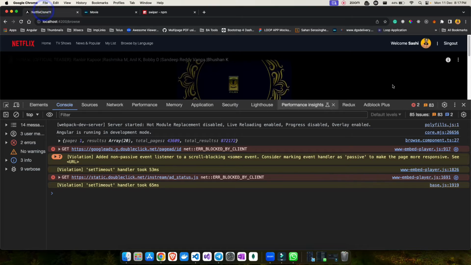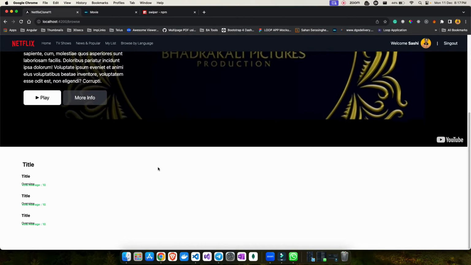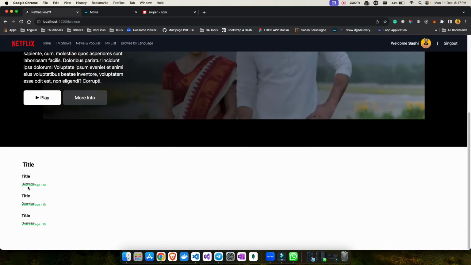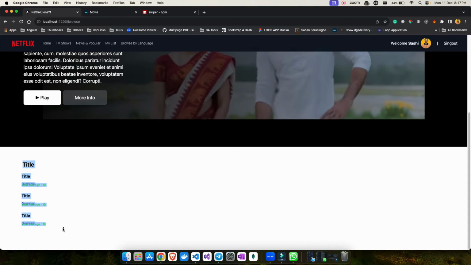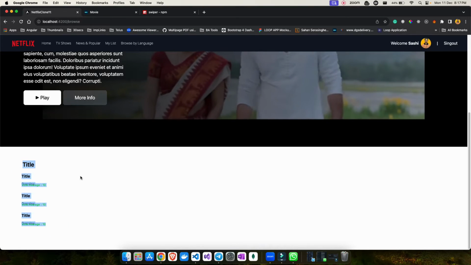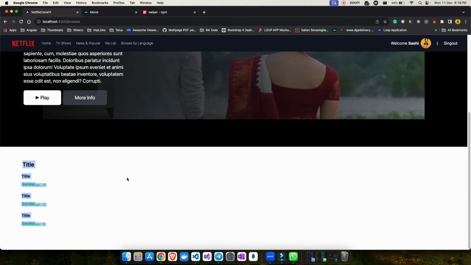Let's save it everywhere and compile. Now if you go here, you should be able to see something like this. What I'm doing is trying to display a title, something like this, and putting in some average and so on. Currently it is not looking like a swiper because we need to add a lot of CSS now.